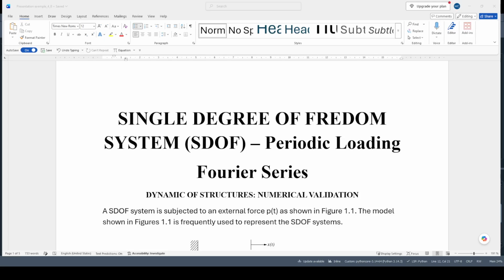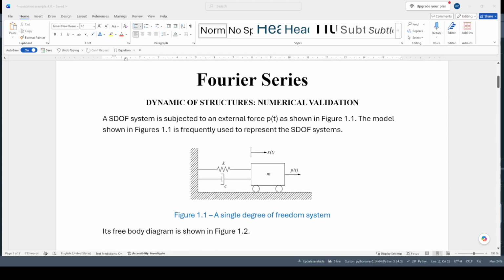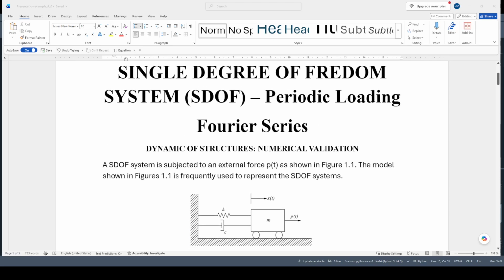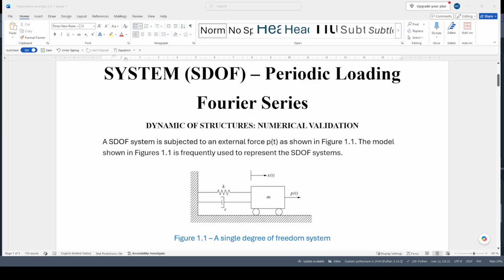Good morning. Today we see an example of a single degree of freedom system with a periodic loading, calculating this periodic loading using the Fourier series. We remember in the present video the single degree of freedom system is a mass m subject to an external force P(t),